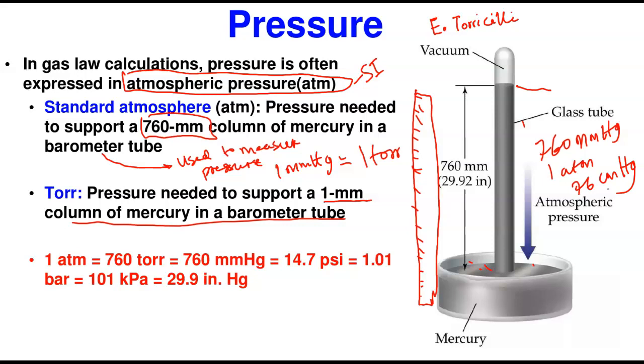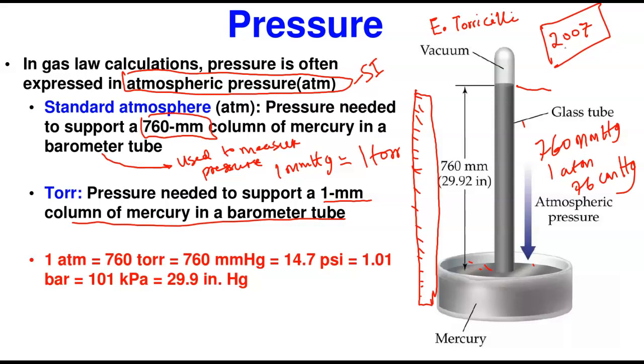The Torricelli experiment was widely used in measuring pressure until in 2007, when mercury was declared toxic, and since then it has not been commonly used, and other more efficient barometers that do not use mercury have been produced since then. So this is what we call the Torricelli experiment in measurement of pressure.